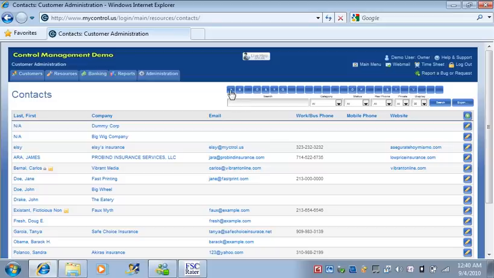It also has them in alphabetical order. You can select the letter and it will show up by letter. Here you can search them by name, by category, by status, by phone,